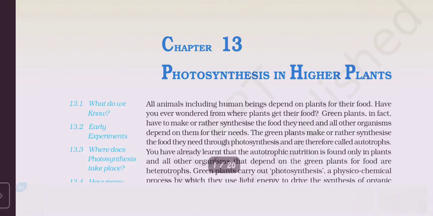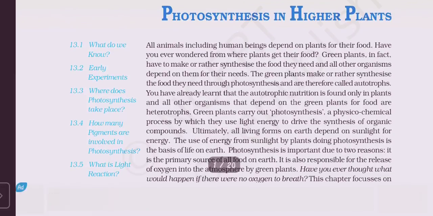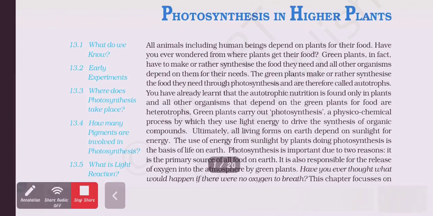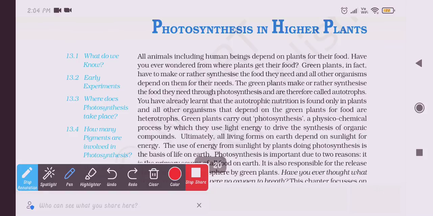Everyone, so let's begin with our new chapter, which is chapter number 13, photosynthesis and higher plants. So let's begin with the introduction. So what is it saying? It is saying that